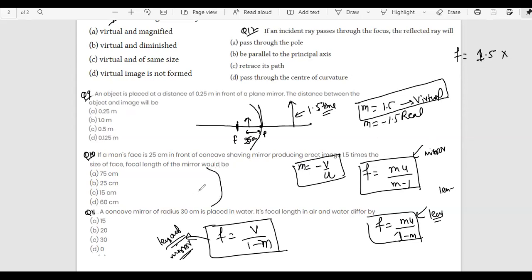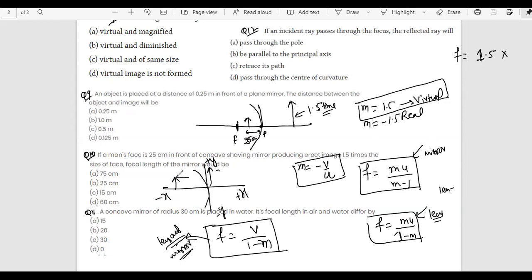Because if we place the lens or mirror this way, we always choose this side as the negative x-axis, this one as the positive x-axis, the one above as the positive y-axis, and the one below as the negative y-axis. So when we put this plus value here, got it, beta?